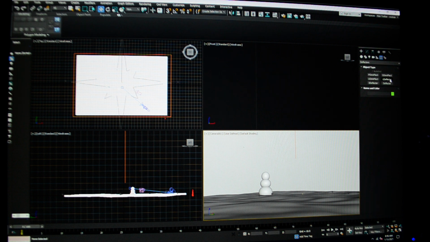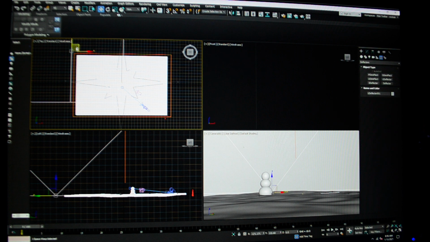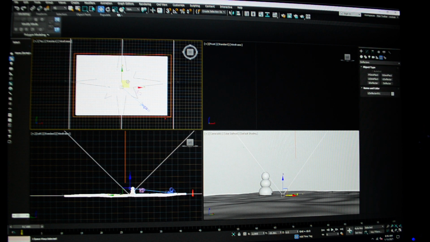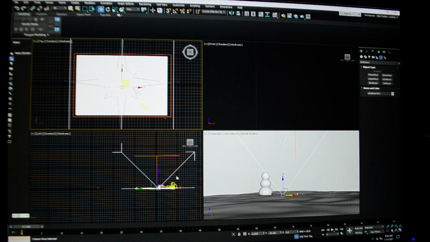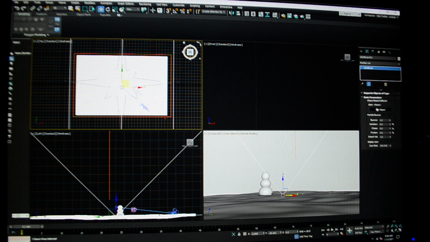I think... Okay, it works with the particle system. So I'm going to put the deflector in the scene and make it big enough that it covers my plane. Okay, that might work. Alright, and so I'm selecting it. I've just gone to deflectors, object type, and I picked the U deflector. And I may just want a plain deflector. I've forgotten what they all are. Like I said, I haven't worked with this in a while, but you pick the object,